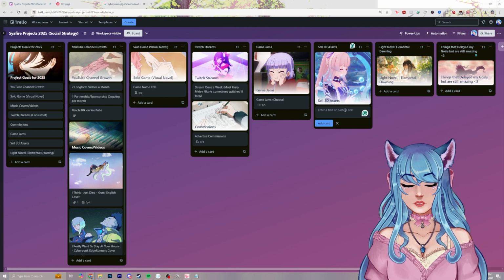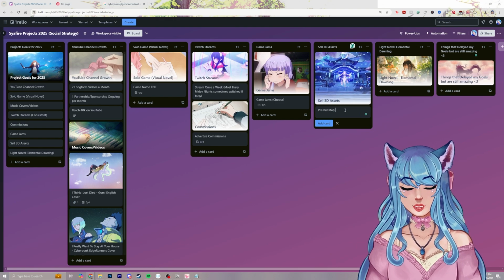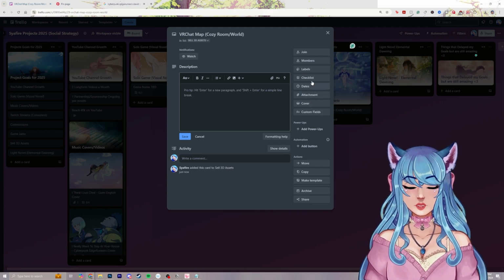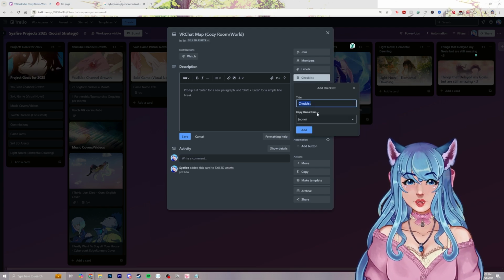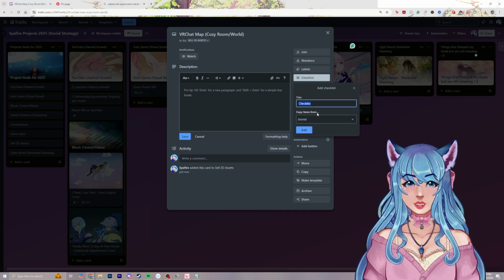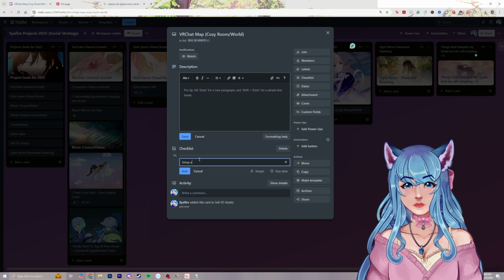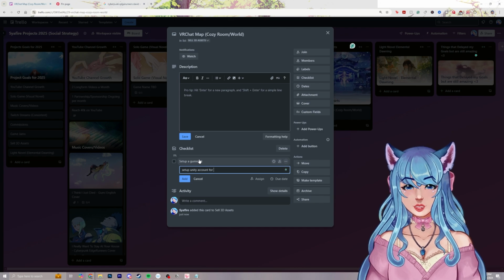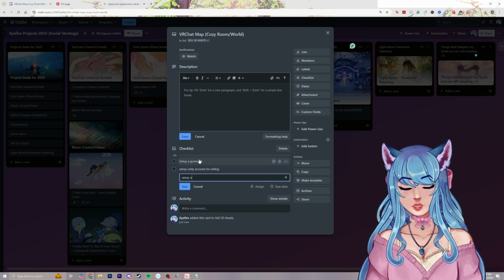So I actually am working on a VR chat map, a cozy room world, and that's kind of a passion project I'm working on. What I'm planning to do is some of the assets I make for that world, I'm just going to sell. First checklist is going to be set up a Gumroad, set up Unity account for selling, set up Unreal